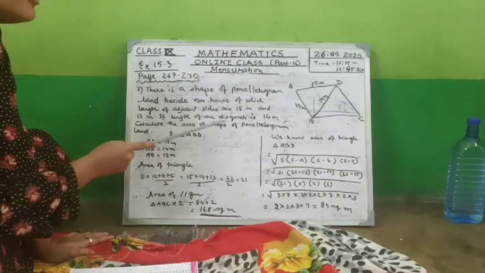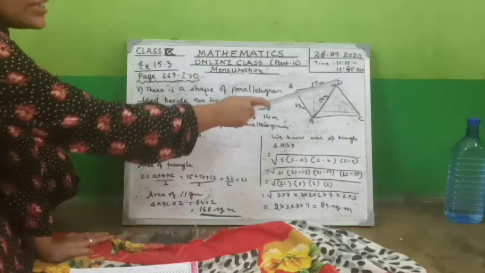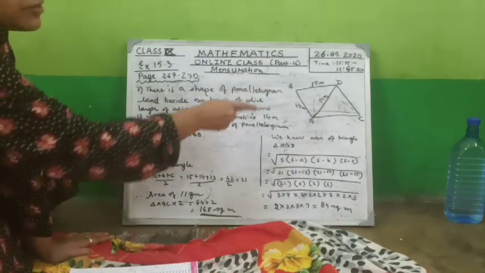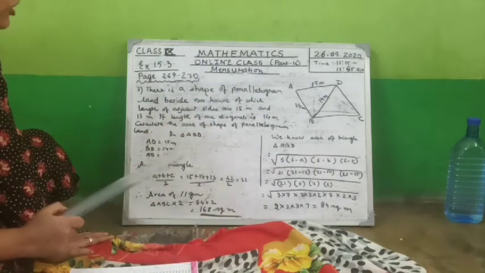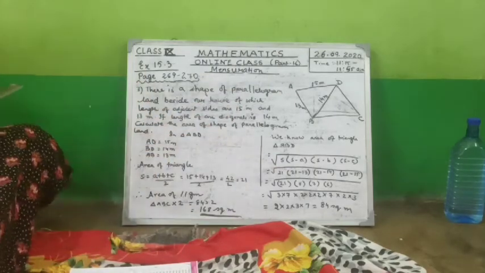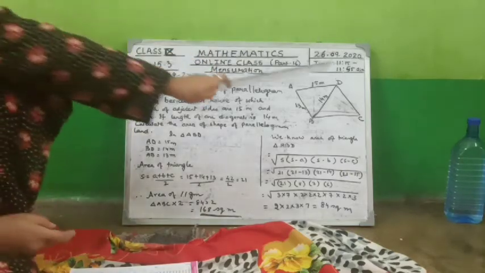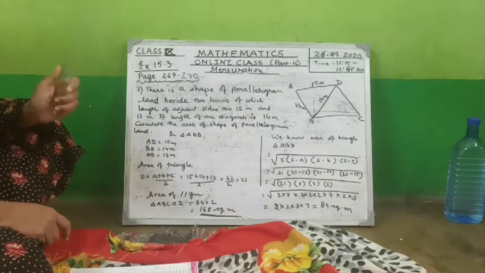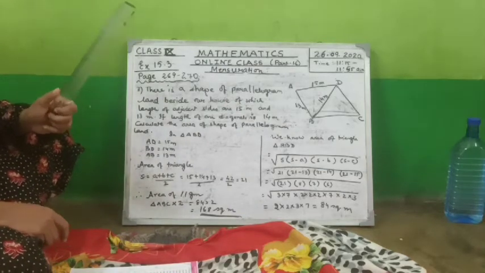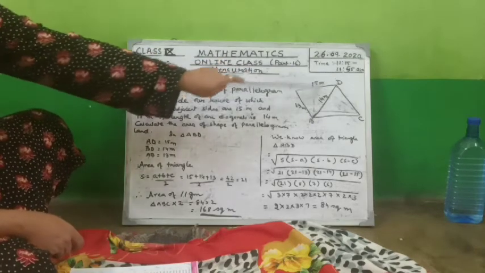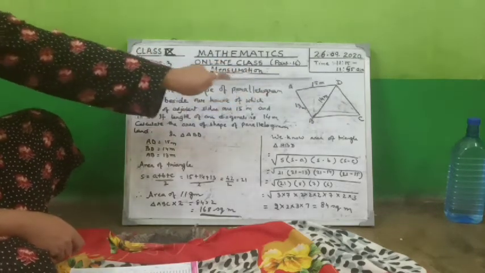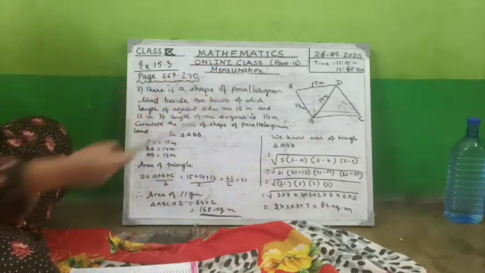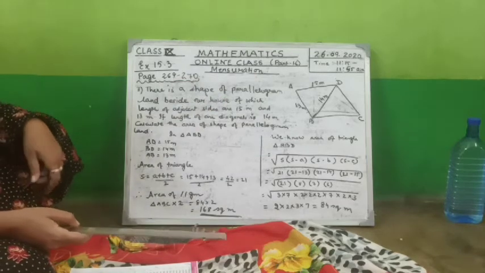If the length of one diagonal is 14, so let this diagonal be 14. Now from here you can see you are getting a separate triangular land. Clear, children? Calculate the area of the parallelogram. So we don't know the area of this side or this side. But in a parallelogram, another way of calculating the area is, if you find this area and this area and add, you will get one side's area, and if you multiply by 2, that also will give you the area of the parallelogram.